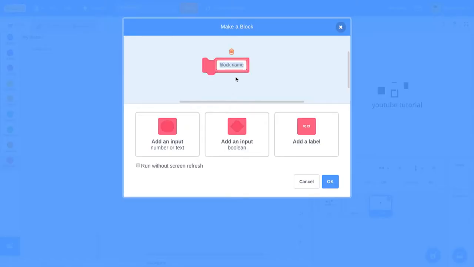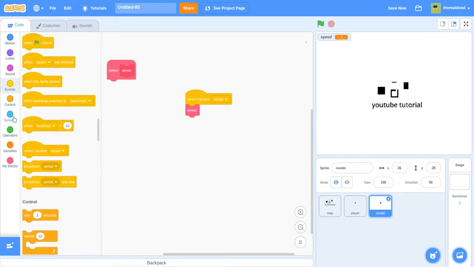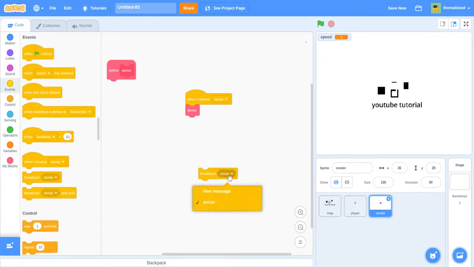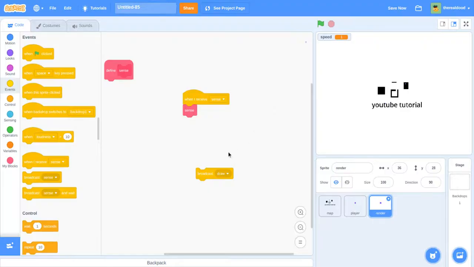and then make a block called sense, and this is also going to have to be run without screen refresh. And when I receive sense, we're going to want to broadcast draw. So we're going to make a new message called draw. And so sense, the first block it's going to have in it is, first we're actually going to need